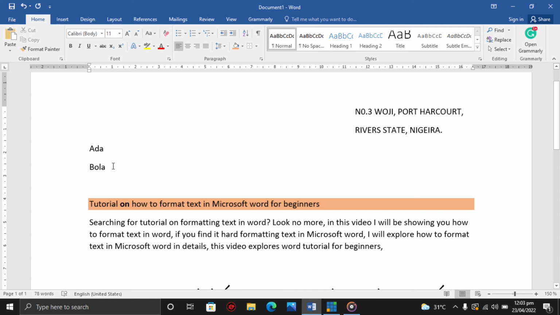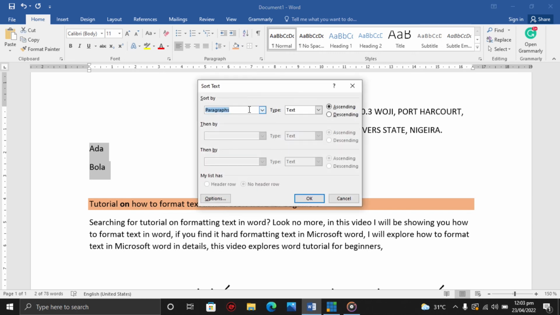But if I select these two paragraphs of text and go to sort, I say sort by what? I select by paragraph because Ada is the first paragraph and Bola is the second paragraph. And what order do I want, ascending or descending? Already the text is sorted in ascending order, but right here I can select descending order, click OK.